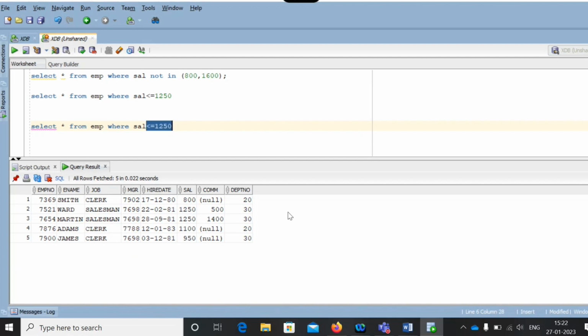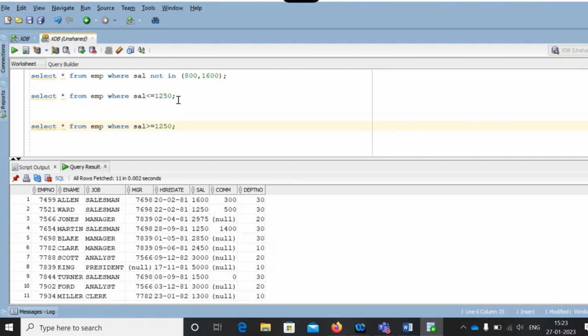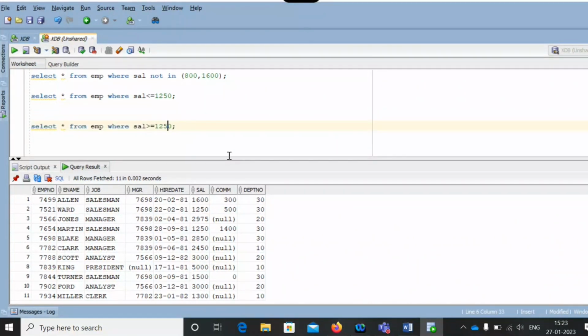In such a case, I will use greater than or equals to this value.